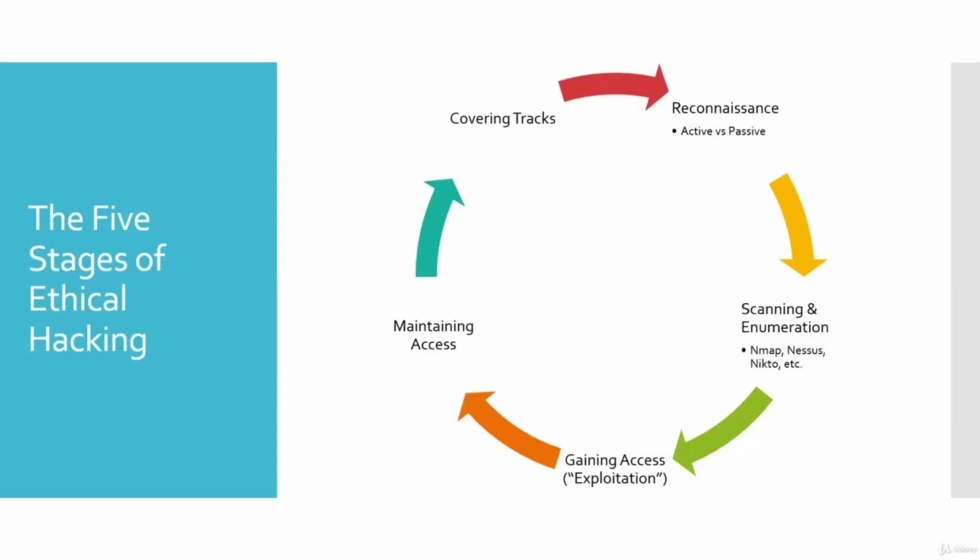And we have two types or two categories of reconnaissance. Your reconnaissance can either be active or it can be passive. Another name for reconnaissance is information gathering or open source intelligence. In that phase, you are really trying to find out everything that relates to your client on the internet.